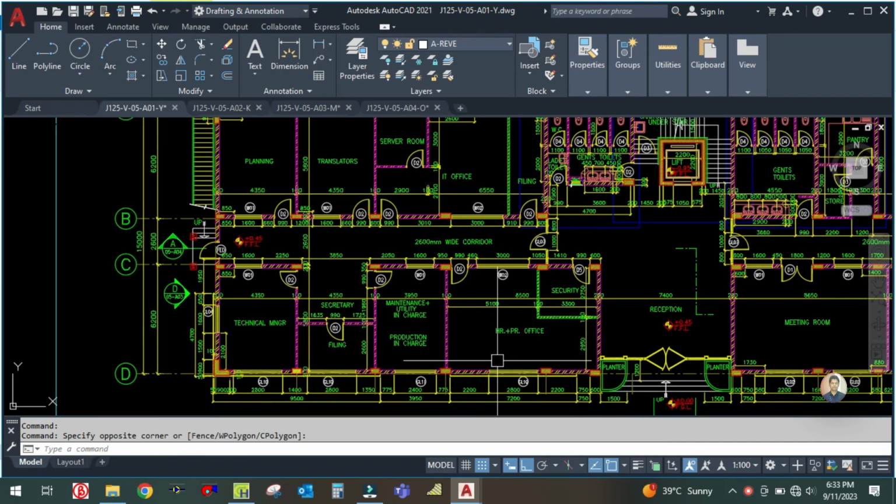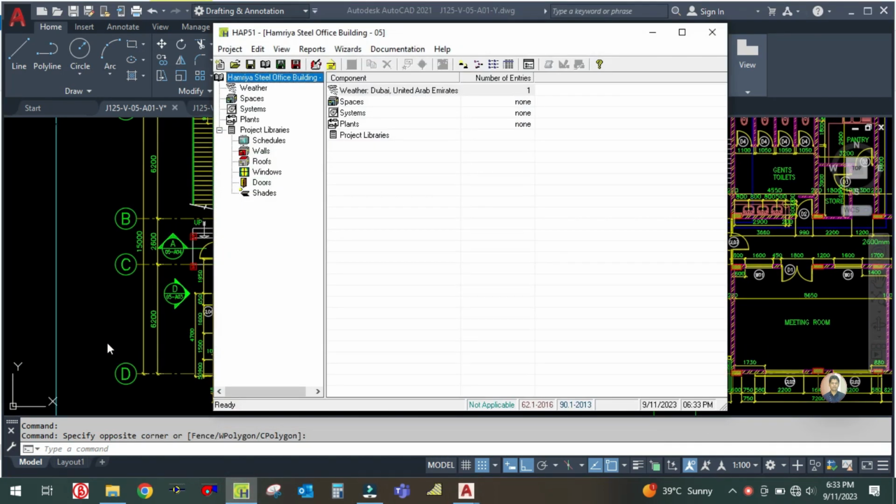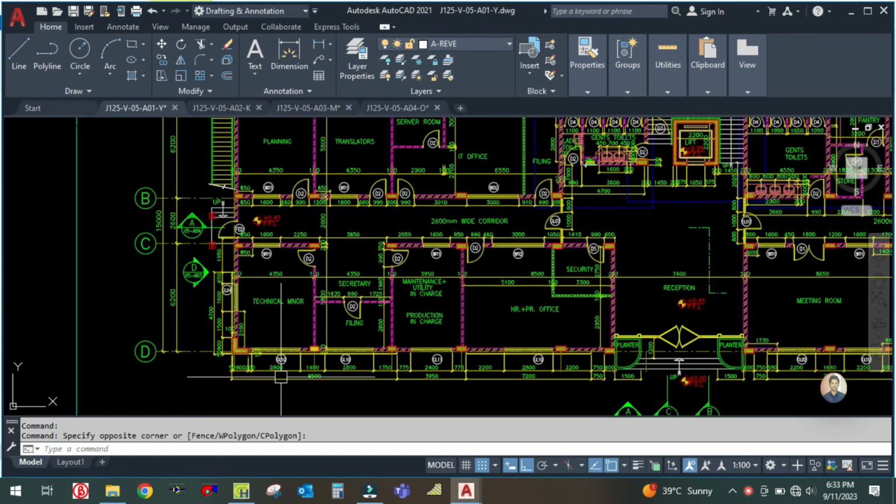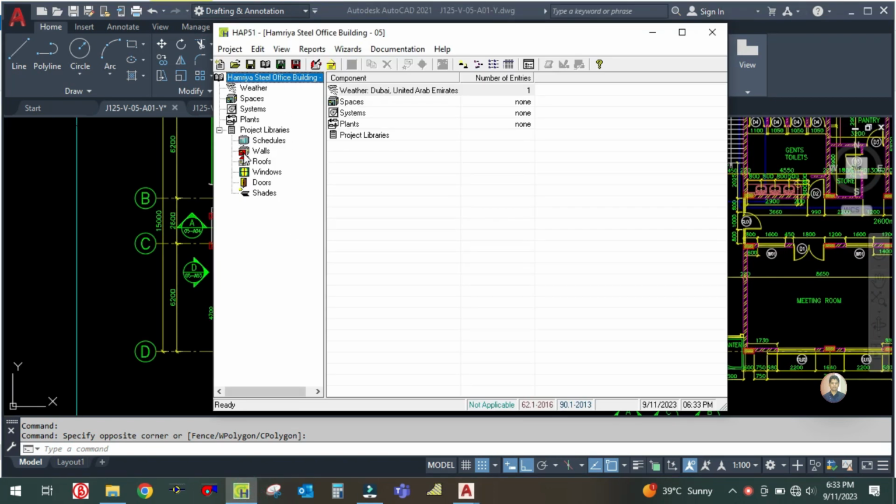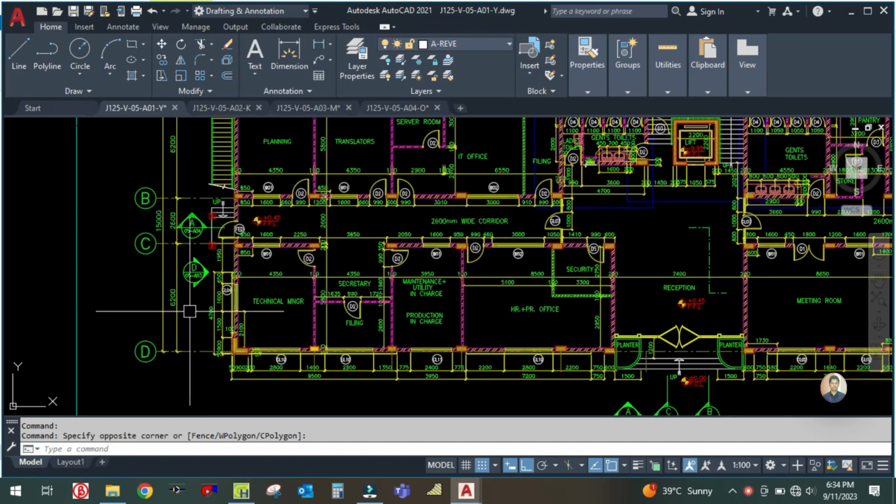So you see, in the last tutorials we have done this for this project. We have created the schedule, and you can see we have already created the schedule and U value for the wall and roof. Now we have to create the window. So go to this project library and window. Then you can see here,